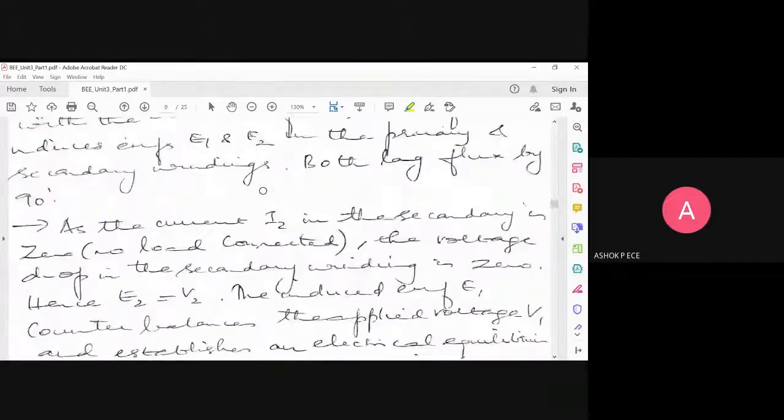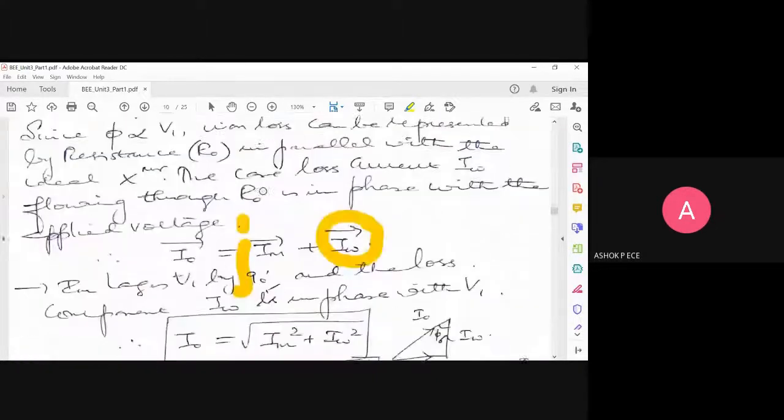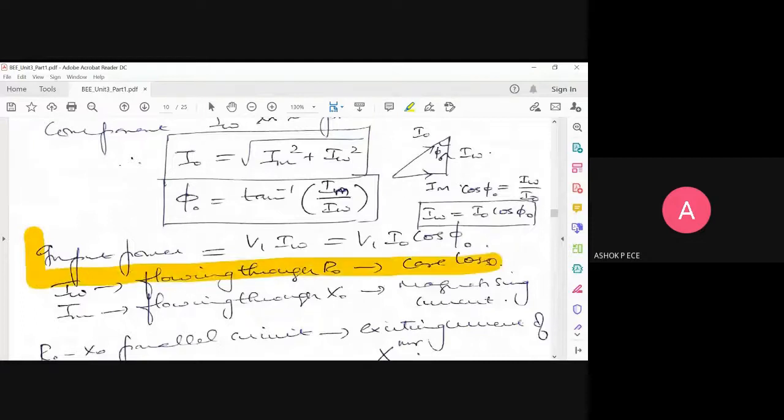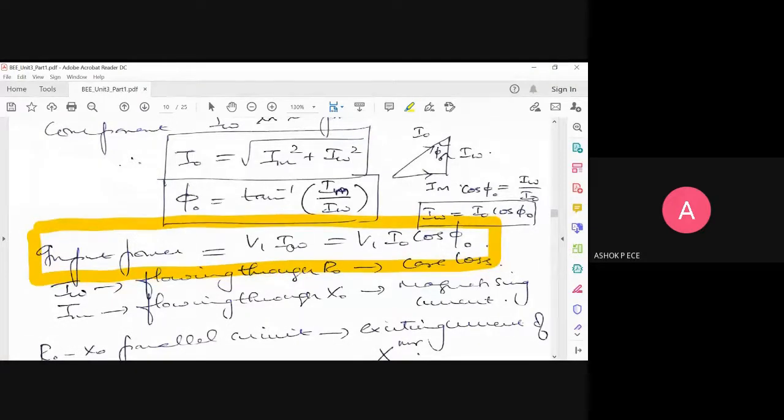The two currents we have seen, magnetizing current IM and core loss current IW. IW is going to be real, IM is going to be complex. So you can find the phase angle using the complex number theory, and you can find the effective input power given to your transformer. It is V1 into IW or equivalently V1 I naught cos phi naught. This cos phi naught is your power factor. We have seen real power, right? So the same expression we are getting here. Actually, V1 I1 you should get, but in no load condition, I1 will be replaced by I naught. So we get V1 I naught cos phi naught. So when phi naught is 0, the power is going to be maximum. Okay, that is the condition.